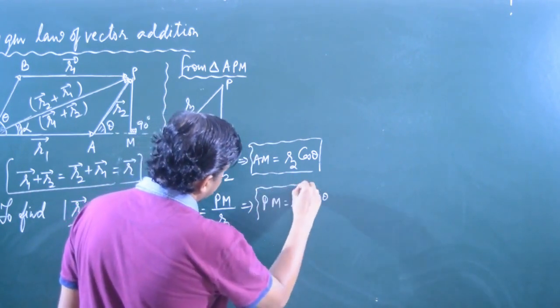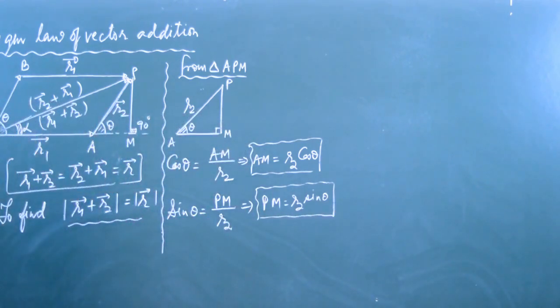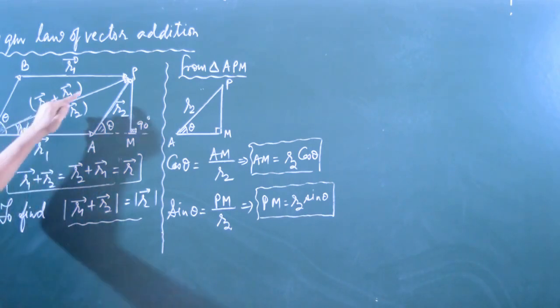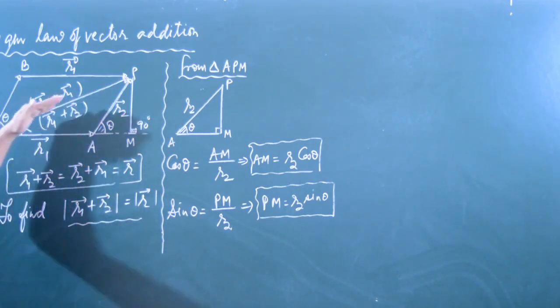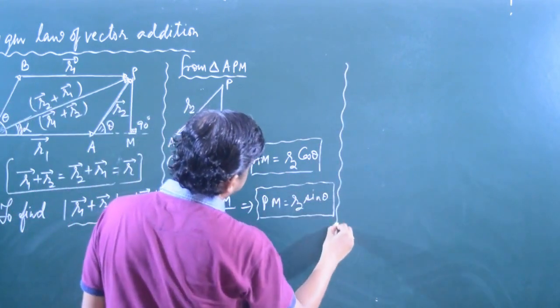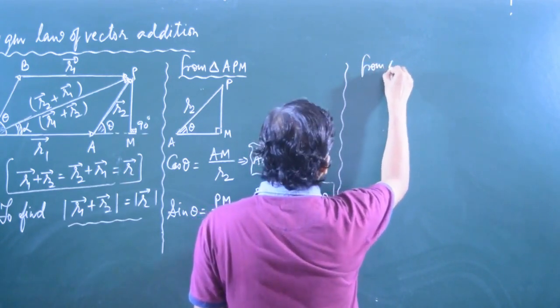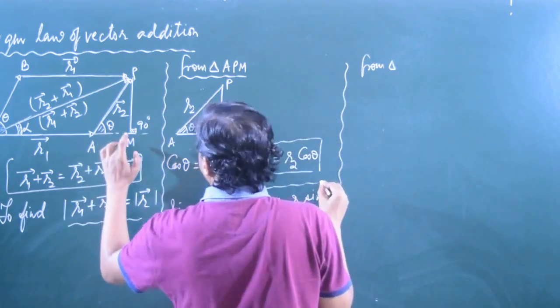So this result we get: AM is R2 cos theta, and PM is R2 sin theta. Now we use the right angle triangle OPM to get the hypotenuse. Now we consider this triangle. Now from triangle OPM,